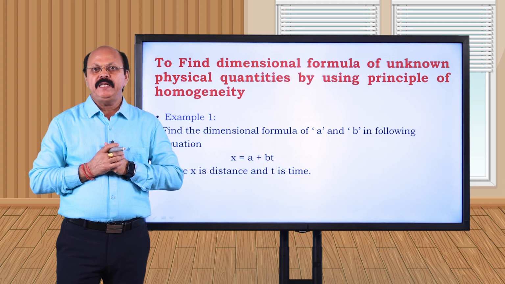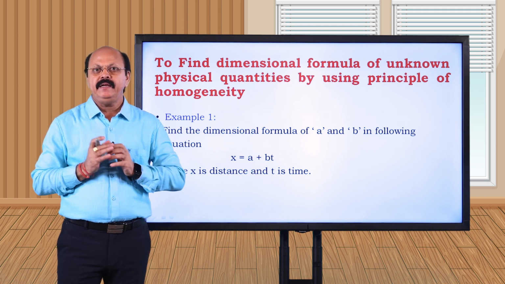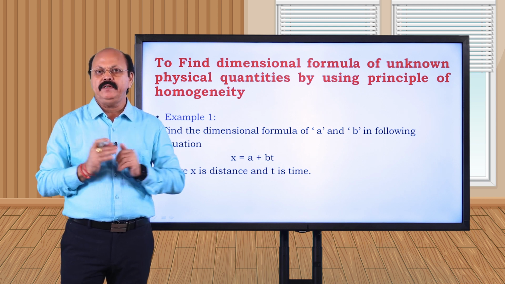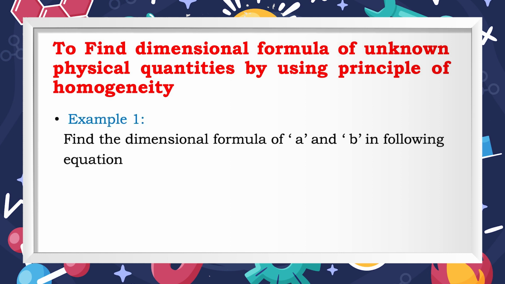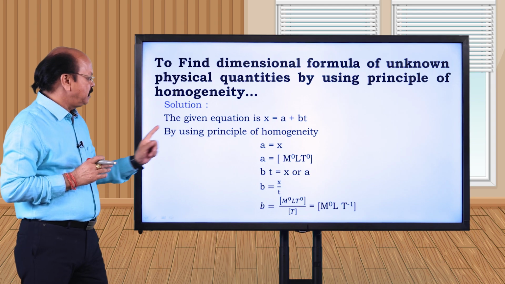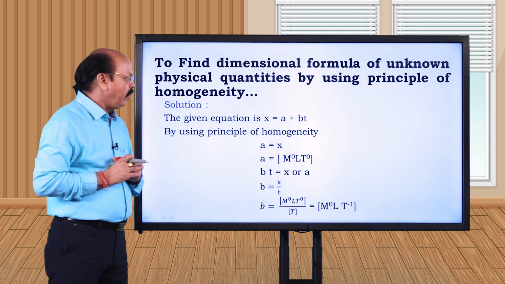Dear students, the principle of homogeneity is very important. It can be used to determine the dimensional formula of unknown physical quantities in any equation. For understanding this, we take one example in which you have to find the dimensional formula of unknown physical quantities A and B in the following equation: x equals a plus b t, where x is distance and t is time. Now, by using the principle of homogeneity, we can say that a equals x,